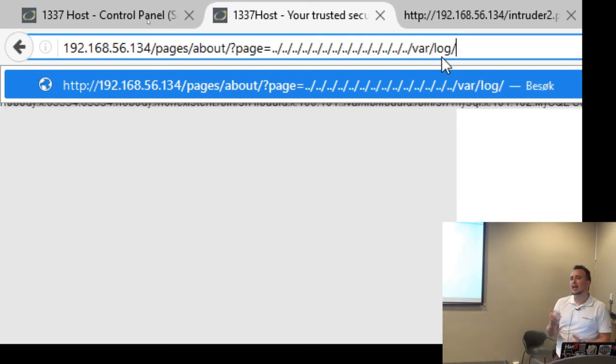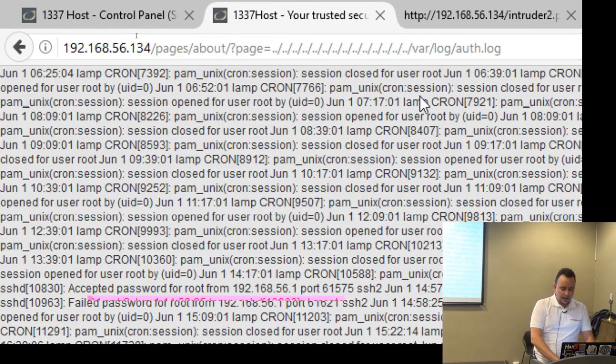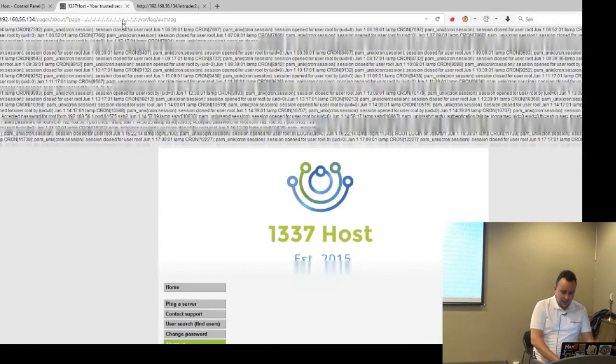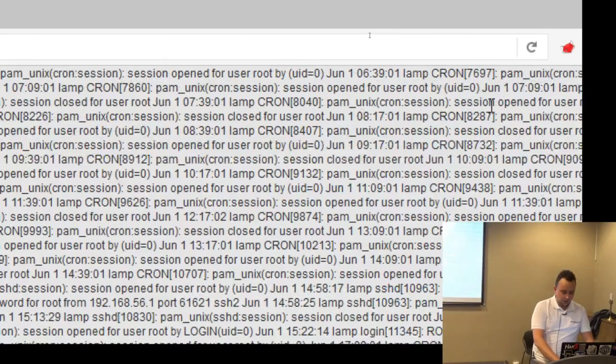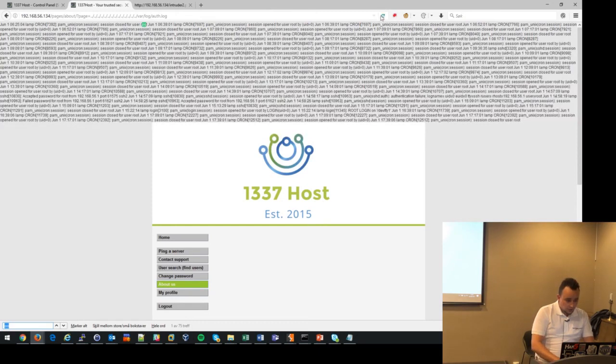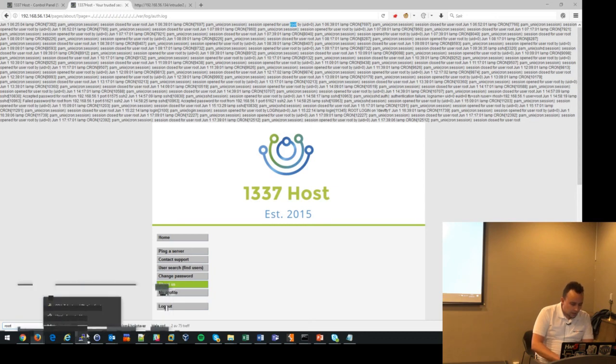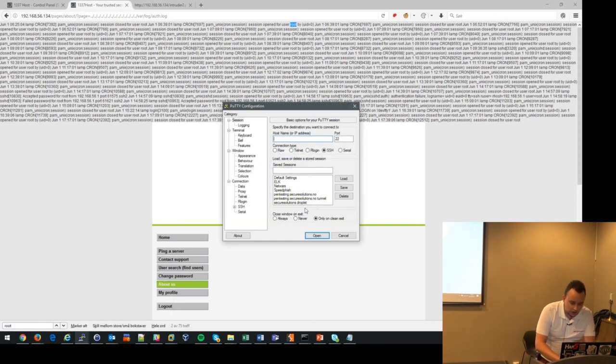And we could, for example, include the access log of the web server, or we could do the auth log. I like the auth log. And in here, we have usernames. You can see that the root user has been logging in several times here. What if I open up my PuTTY and I try to SSH to this box,